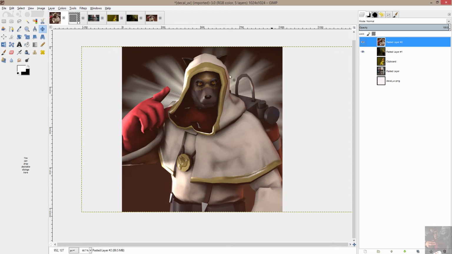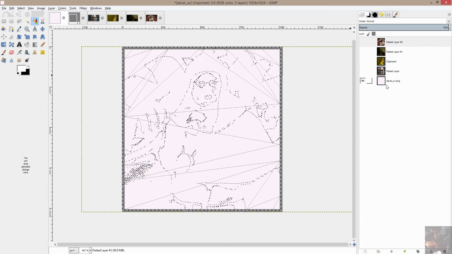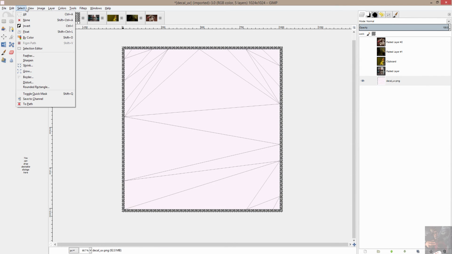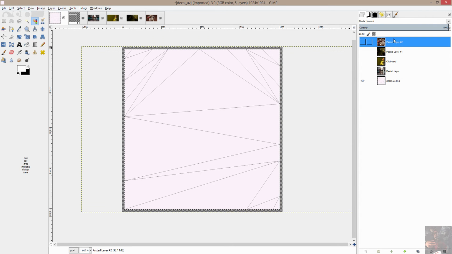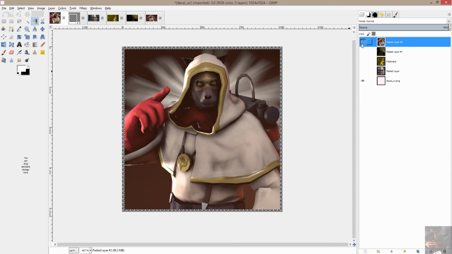Okay, I lost the selection. I got to come back in here again. Turn that one off, turn that one off. Select that. Select that. Select invert. Select the pasted image. Layer. Crop to selection. So here are the 4 pictures that we're going to use